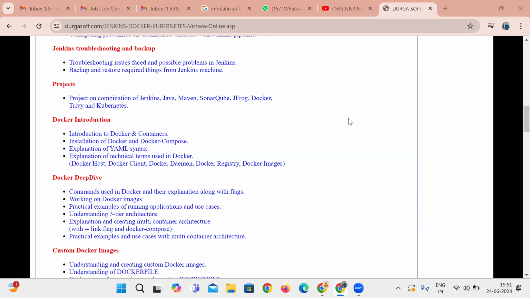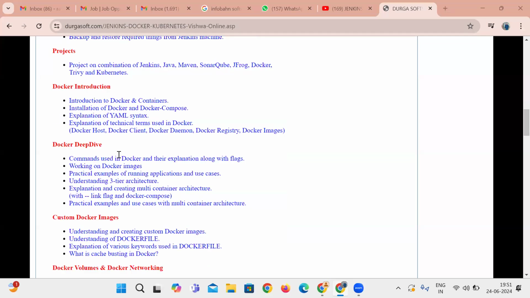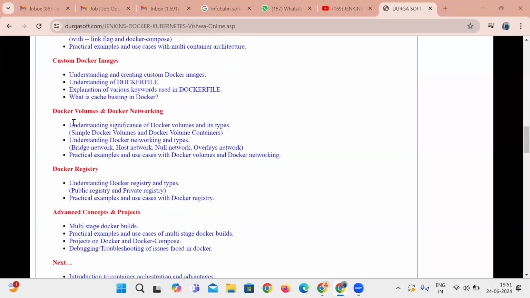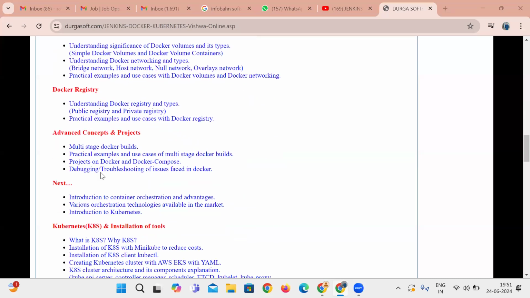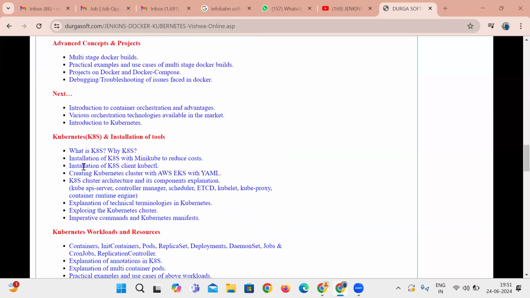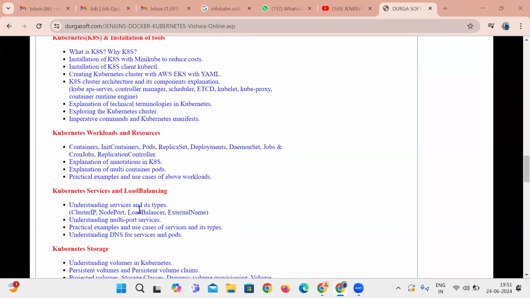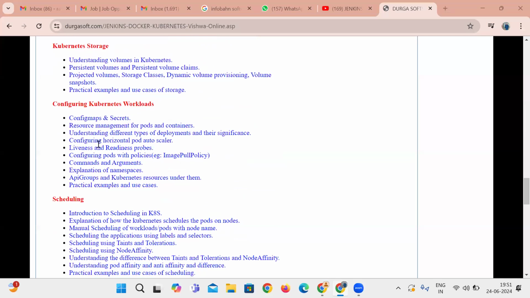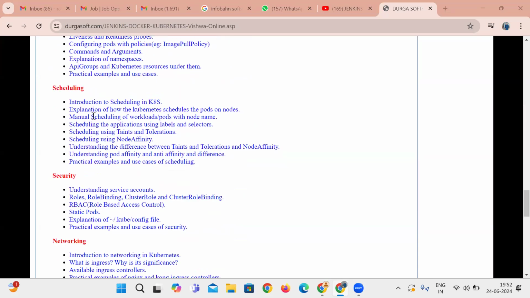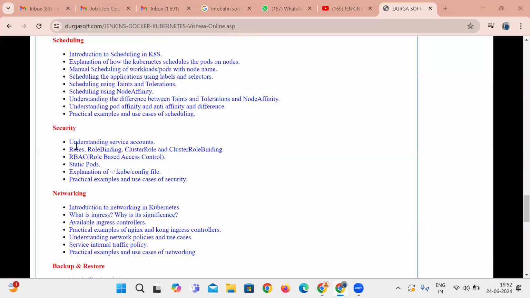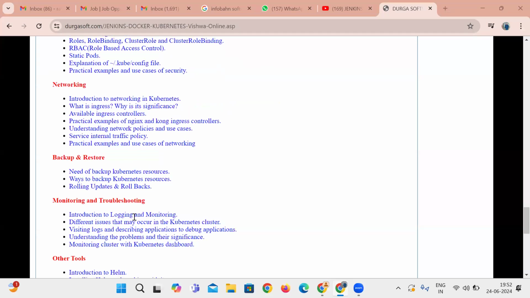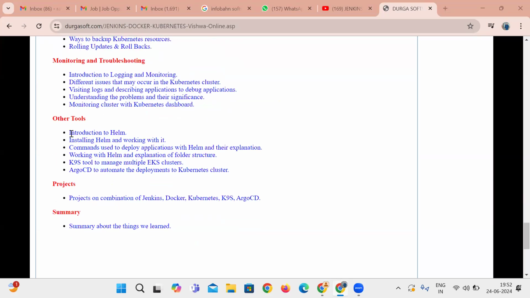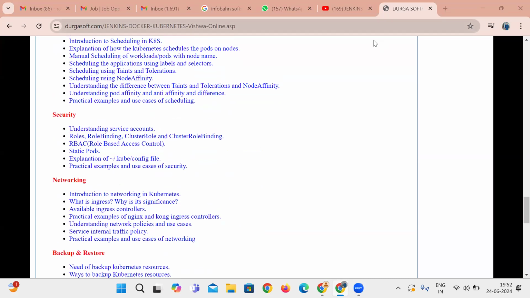Before going to understand this scenario, first I will explain the syllabus. So Docker introduction, Docker deep dive, custom Docker images building, creating our own Docker images, volumes, Docker networking, registry, advanced concepts of Docker projects, and the introduction of container orchestration, Kubernetes, workloads, services, Kubernetes storage, configuring Kubernetes workloads, scheduling jobs, security areas, networking, backup and restore, monitoring, troubleshooting, and other tools. This is exactly what we are having here. Now we'll get back to understand what exactly